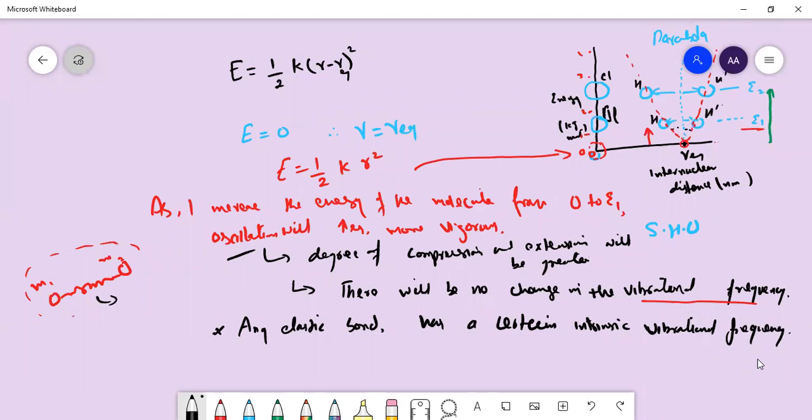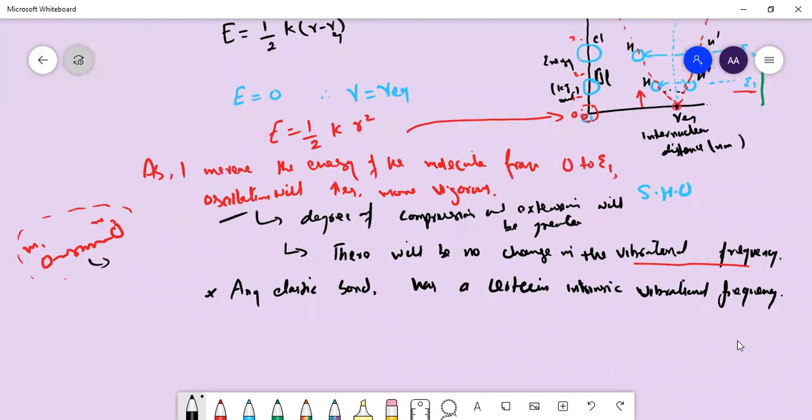So the point to be noted is that each elastic bond, but the condition is that the bond should be elastic, just like a spring, in this type of molecule, has a certain intrinsic vibrational frequency, and this vibrational frequency of each bond depends on the